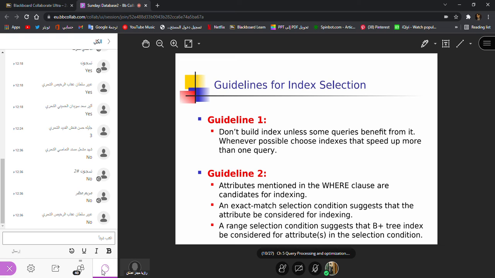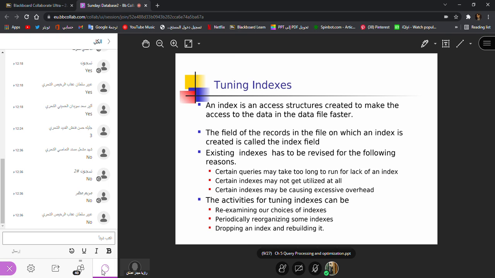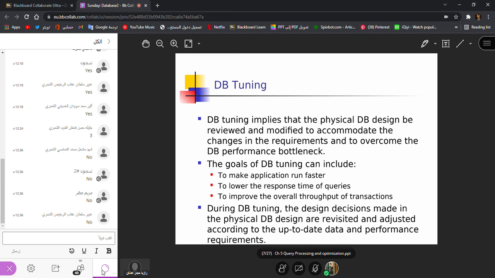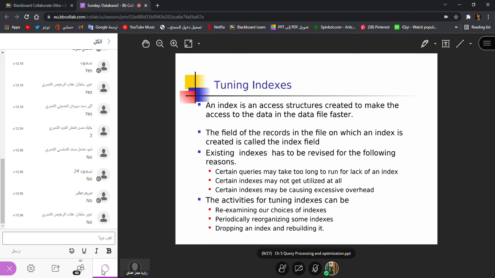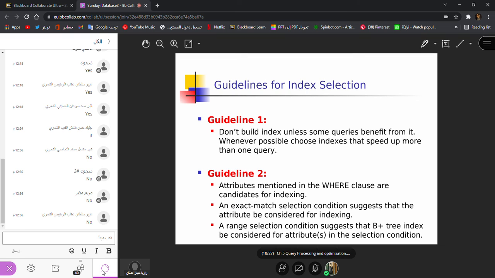Rule two: attributes mentioned in the where clause are candidates for indexing. Like you can see in my select query, I wrote select name from student where GPA is 4.